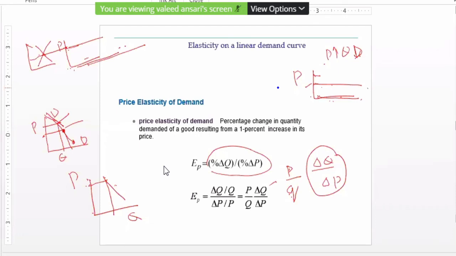So we'll carry forward this discussion in the next class as well, where we will start with the point which I told you just now, why elasticity on a linear demand curve will differ, and then some relationship between price, elasticity, and revenue, and other types of elasticities, income and cross, we will take up in the next class.